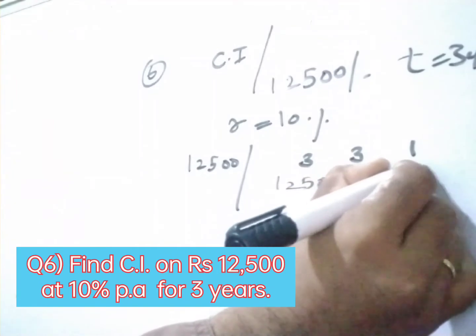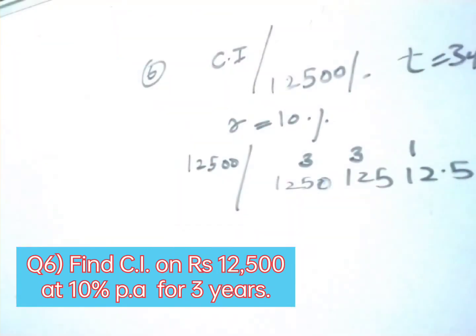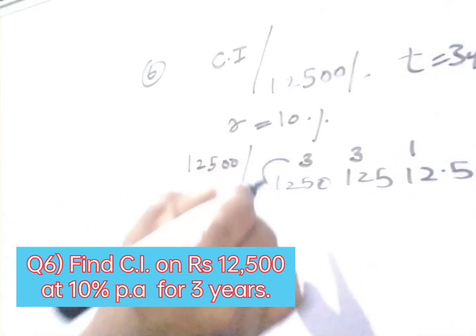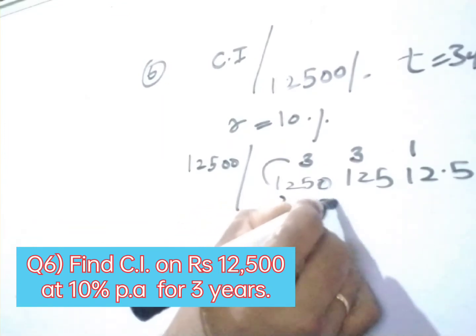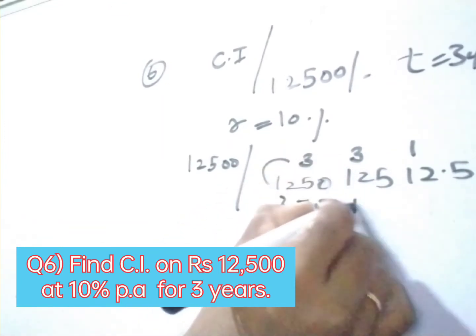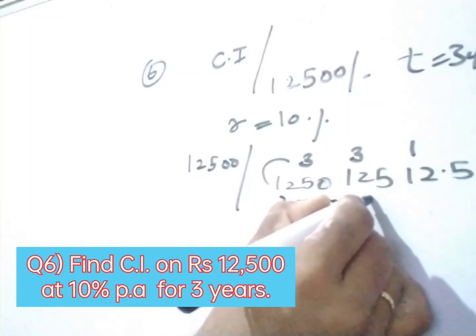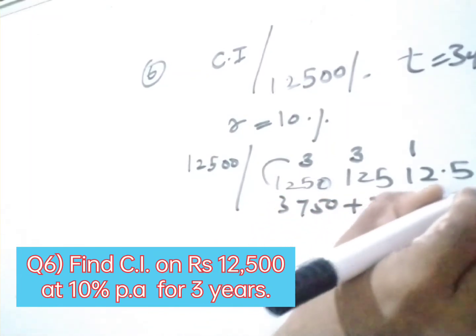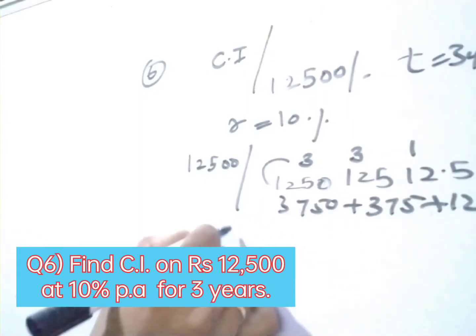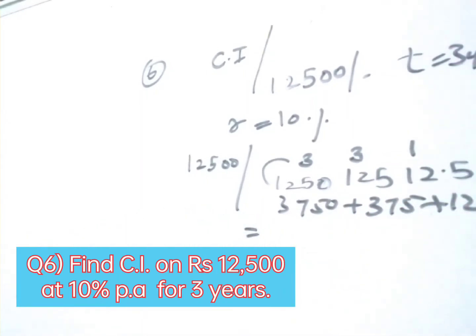For 125, 10% is 12.5. Now 1250 into 3, 3,750. 125 into 3, 375. 12.5 into 1, 12.5. If I add all these things, 3,750 plus 375 plus 12.5,